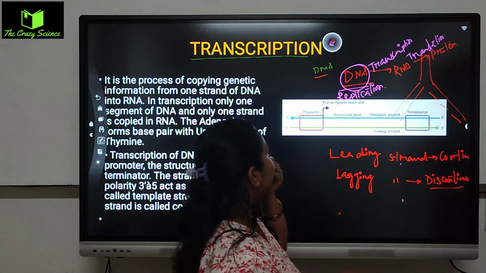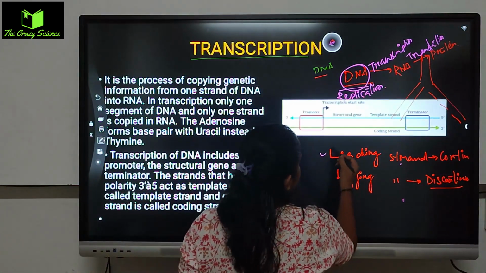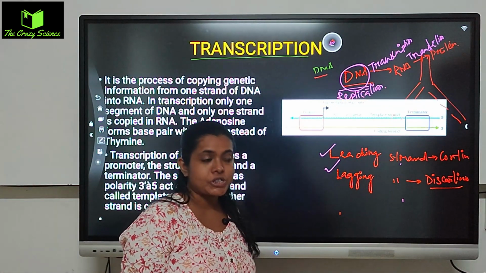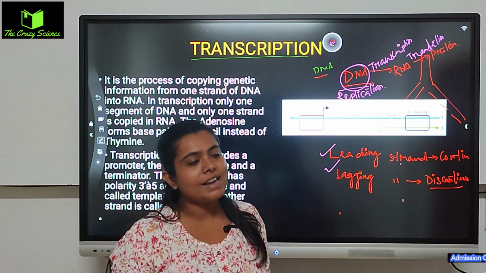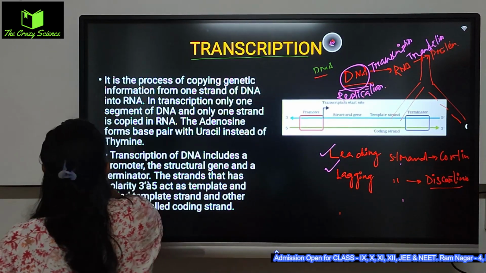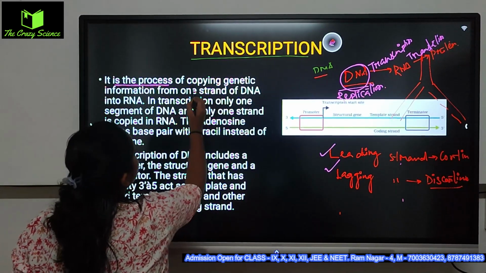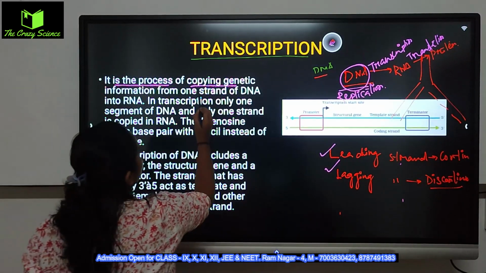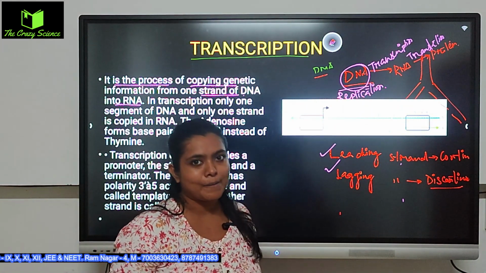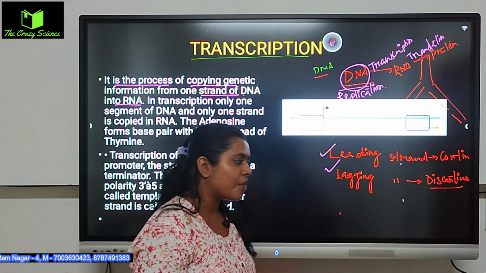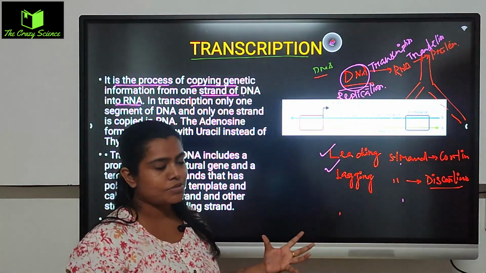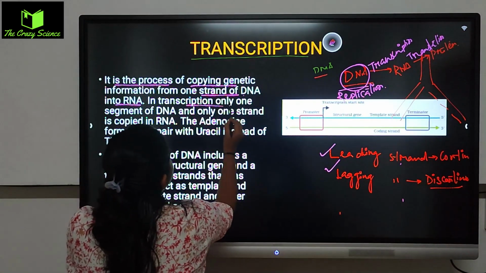Okay, all right. So leading strand, one was leading, another is lagging. Now we'll be talking about the transcription process. Before jumping into the eukaryotic and prokaryotic, we need to know basic idea about the transcription. So let's begin from here. As I prepared the slide, it is the process of copying genetic information from one strand of the DNA into RNA. So basically our main motto is to make the RNA. And the form of making RNA from where? From the DNA itself. তো এইভাবে যে প্রসেসটাকে আমরা কি বলি, এটাকে বলে ট্রান্সক্রিপশন।